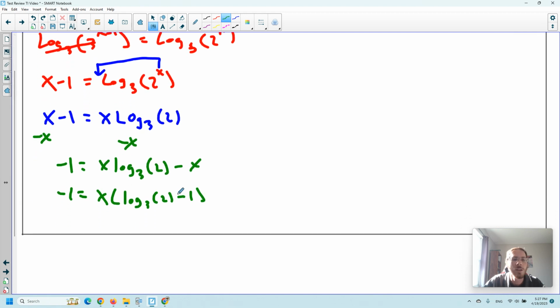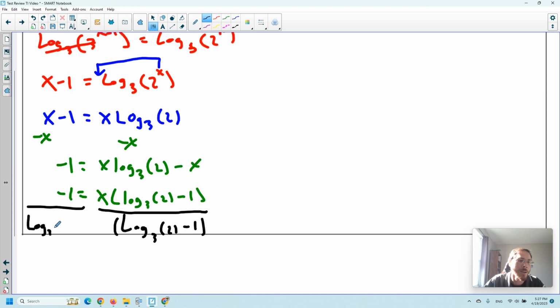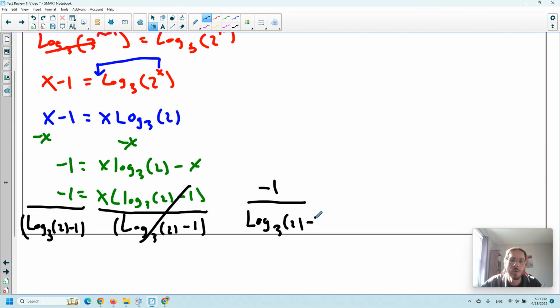Now again, if this whole thing in parentheses was a 5, next we would just divide by that number. We're going to do the same thing here. We're going to divide by log base 3 of 2 minus 1 on both sides. And that's going to cancel these out. So that's going to give me -1 over log base 3 of 2 minus 1